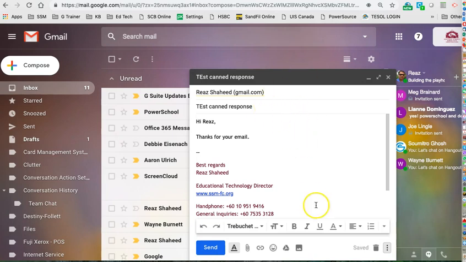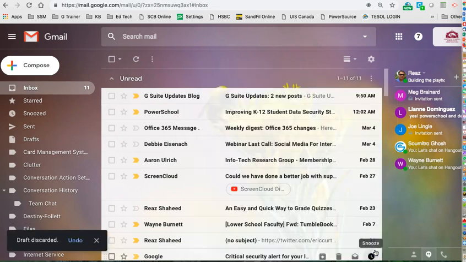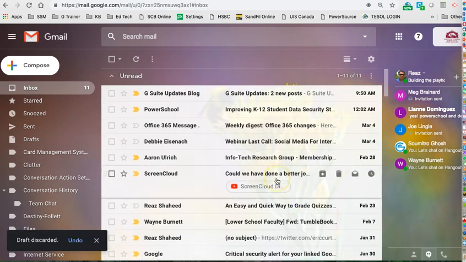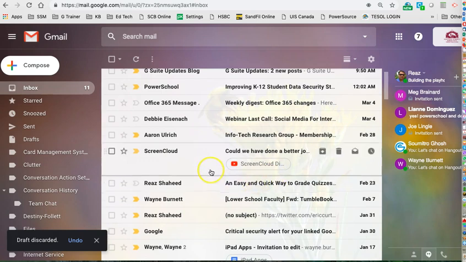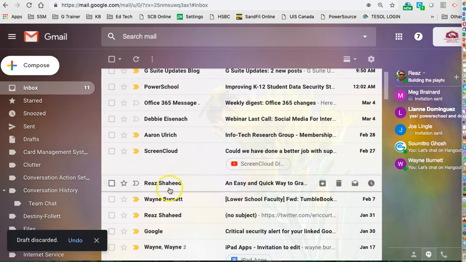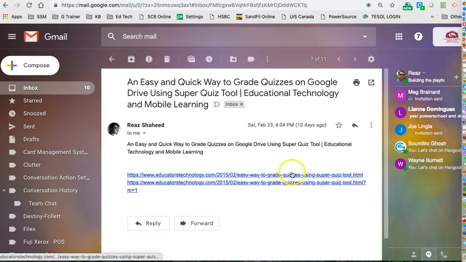And then this test message I can just simply delete it because I've already saved my canned response, so I'm going to delete it. And so next is when I receive an email from my personal account, let's say this one, Riaz Shahid, an easy and quick way to grade books. So I'm going to open this, and when I choose reply from the screen here,